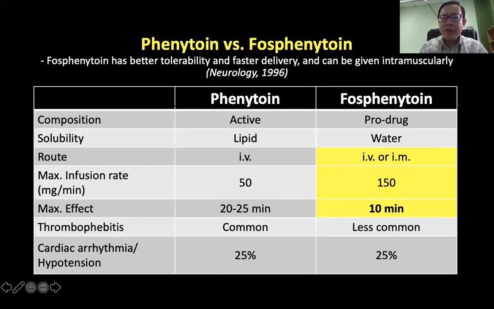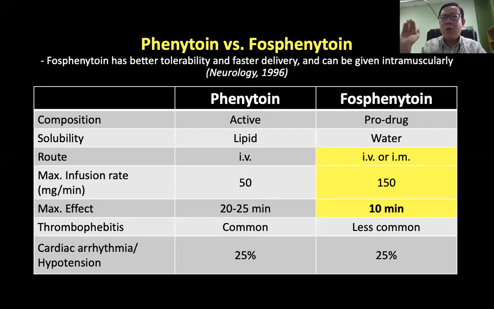Now let me cover phenytoin. Fosphenytoin is much better, but it is very expensive compared to phenytoin. So therefore, many countries don't have fosphenytoin. We are still using phenytoin. And remember, the phenytoin infusion rate is 50 milligram per minute. In the old days when I started housemanship, we would just mix the phenytoin 750 and then give the infusion over 1 hour. Very, very slow and it's not as effective. So after that, we realized we should give 50 milligram per minute.